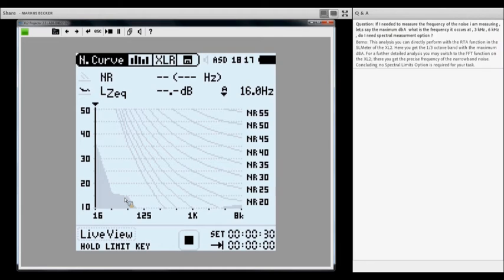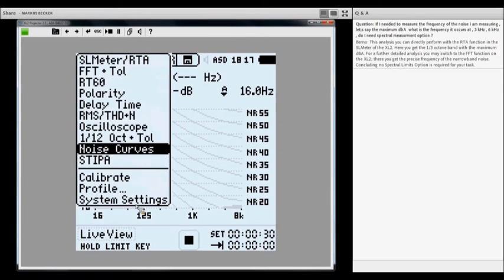I guess you know that every measurement system, every measurement instrument has a kind of lowest level that it can measure. Below that, there is some inherent electrical noise within the instrument, and this is represented by this gray area, which means you cannot measure a sound level below this limit. But keep in mind, this is really extremely low, so you will most certainly never encounter a space which is more silent than this internal noise floor.